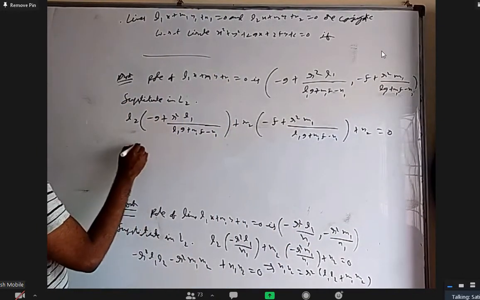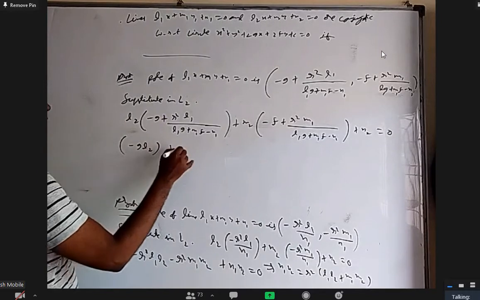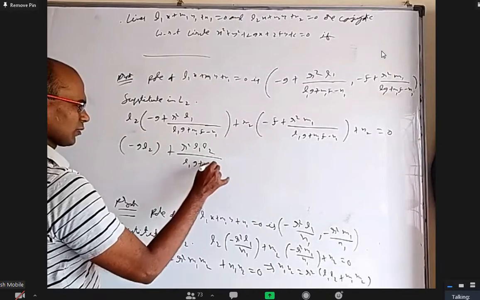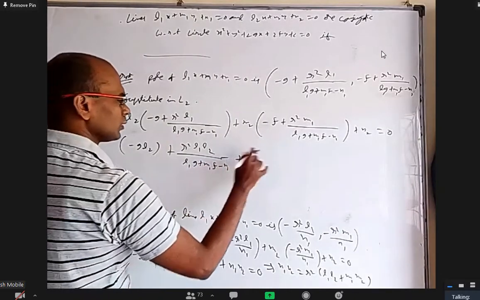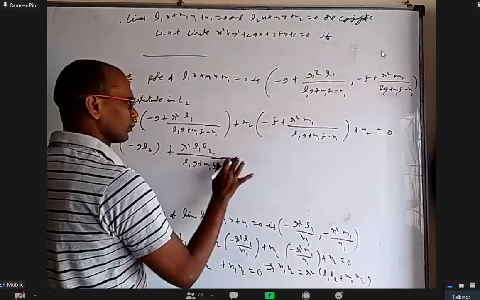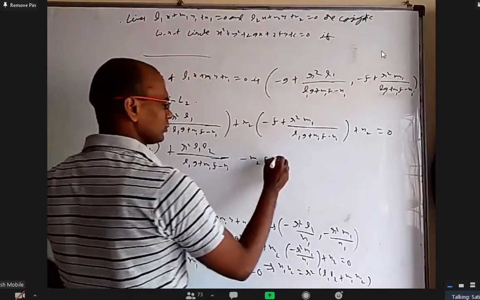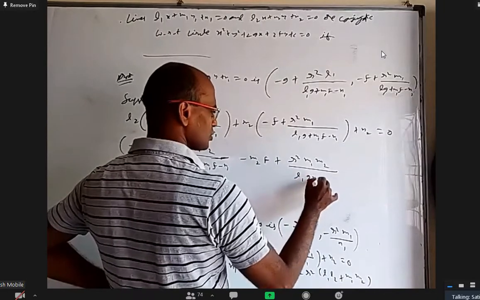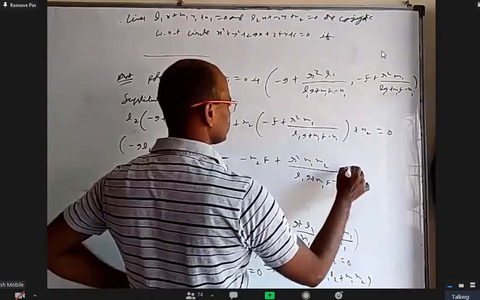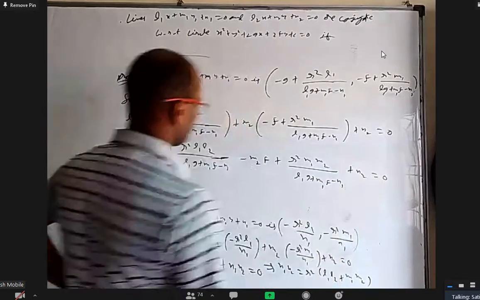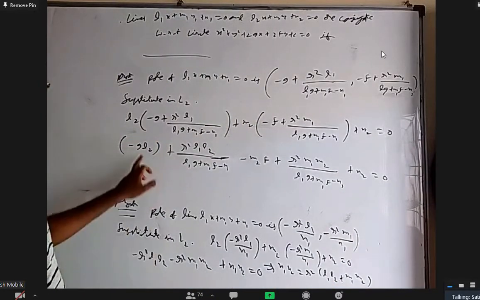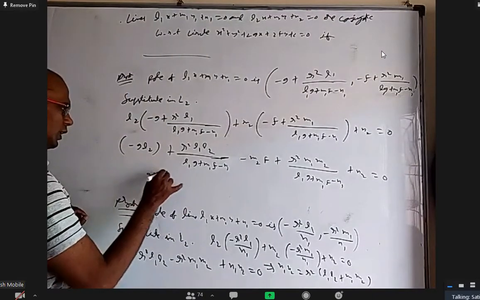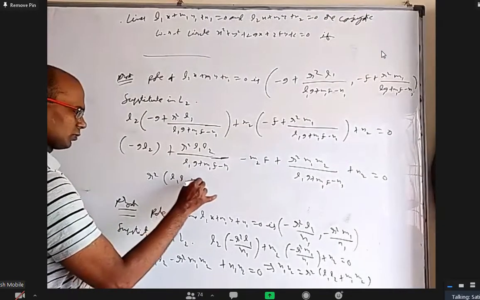So this is minus g L2 plus r square L1 L2 by (L1g plus M1f minus N1), minus M2 f plus r square M1 M2 by (L1g plus M1f minus N1), plus N2 equal to 0. This one I can send to the other side and these two I can combine. I will get r square (L1 L2 plus M1 M2)